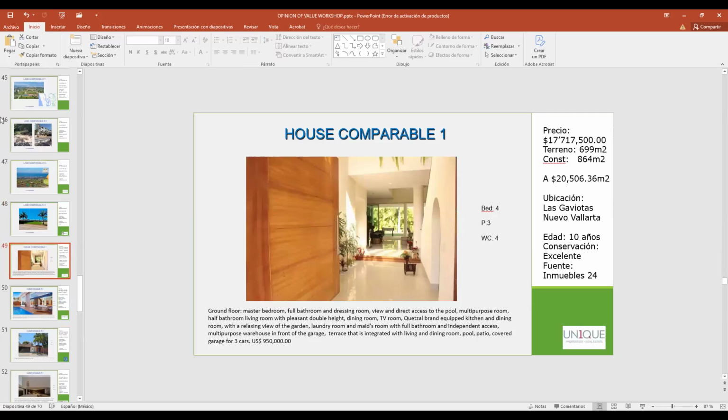Now we're going to investigate house comparables. House comparable number 1. We have a house at 70 million 717,500 pesos.